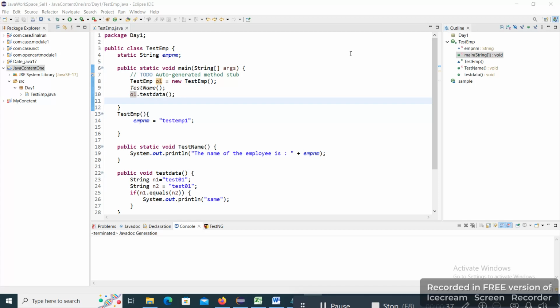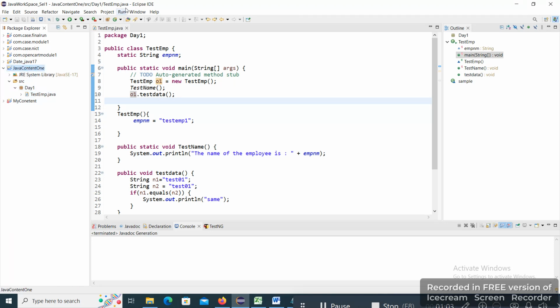The beauty of this feature is that automatically we can see the documentation of our code, whatever we wrote in the Eclipse editor. For the complete project, we can create the Java doc. Now, how can we create a Java doc? Let me select a project. Here, one particular package is there, day1 package, and one Java class is there. Now, for this, I am trying to create a Java doc.